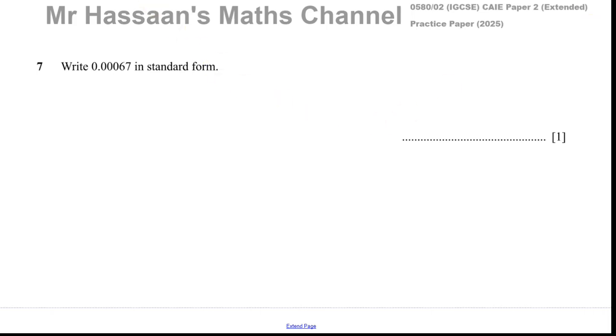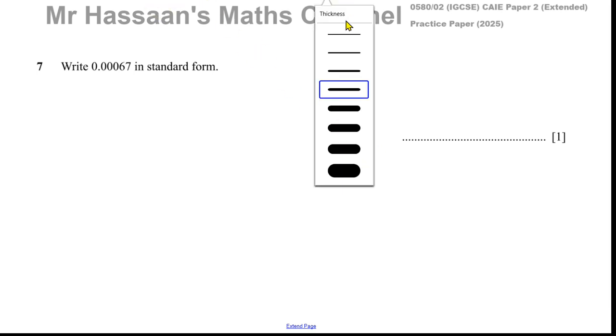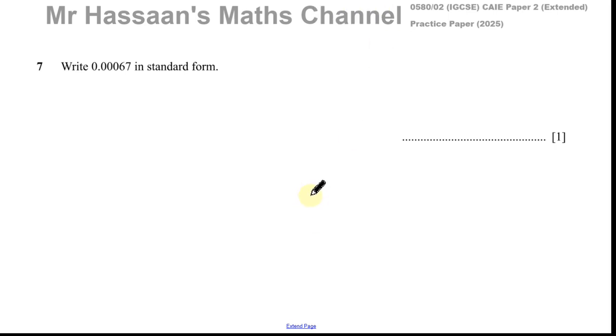And now for question number 7 from the practice paper for the 2025 Cambridge 0580. This is a practice paper for the paper 2 non-calculator. This question here is about standard form. It says write